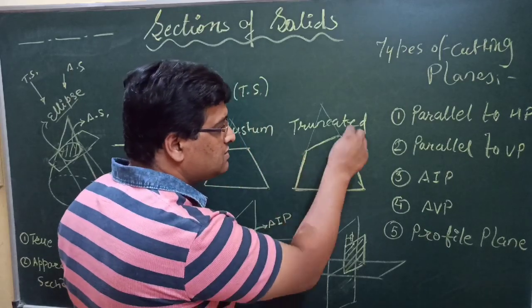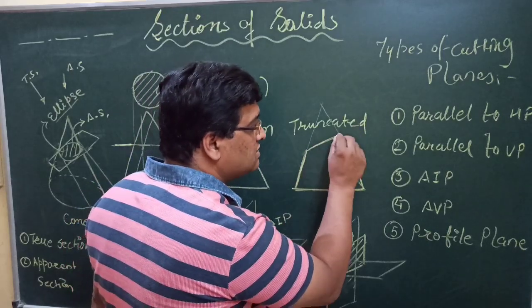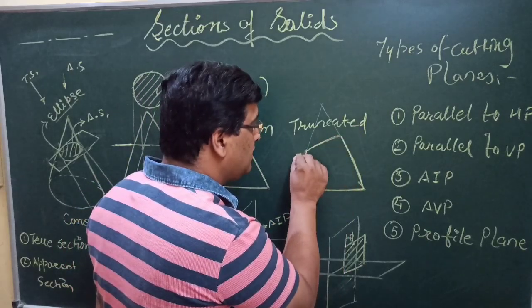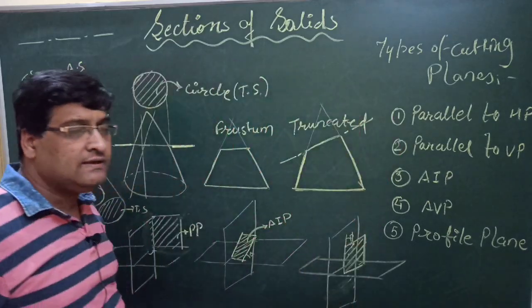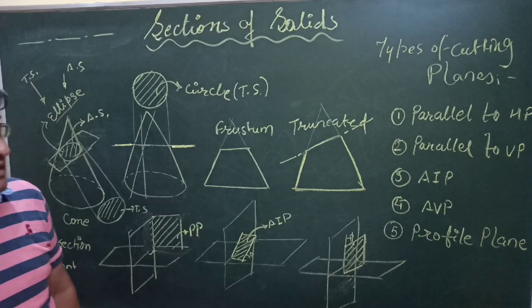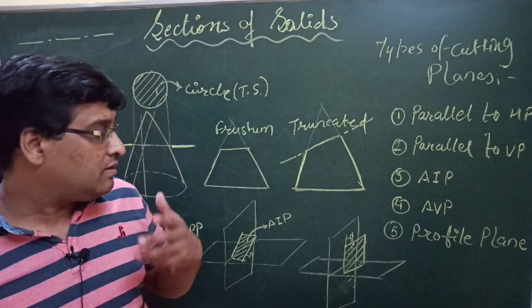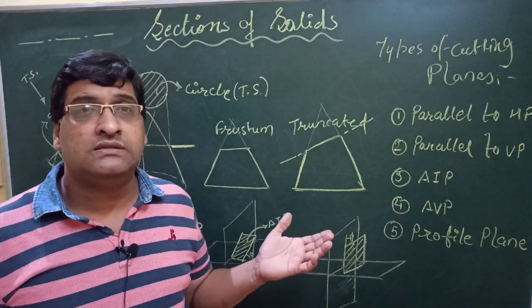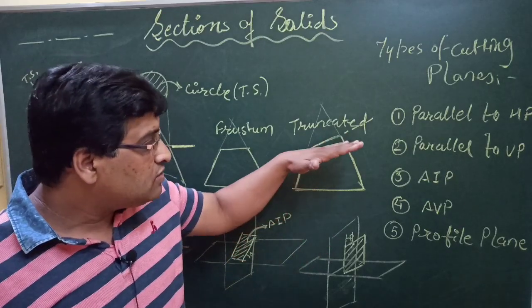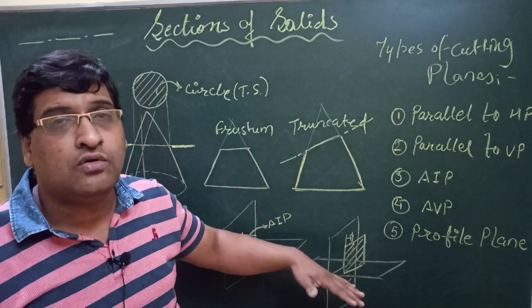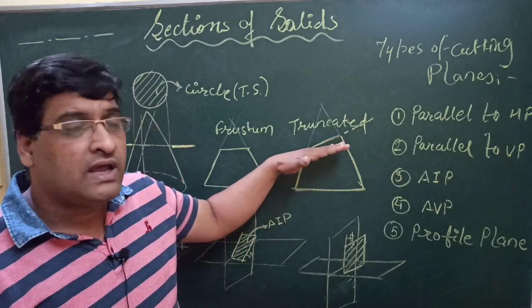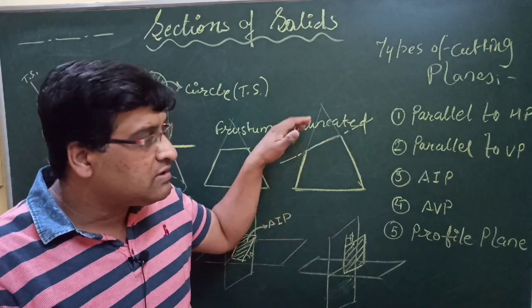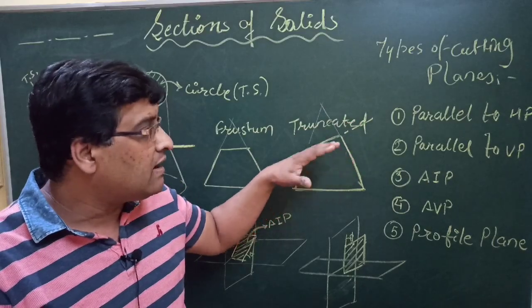So generally what happens, we show the cutting plane with a continuous line in the solid and then a big dash line outside the solid part. And remember that while drawing the sections, because we want to remove the upper part or lower part, the cutting plane must be drawn lighter, every line must be drawn lighter,